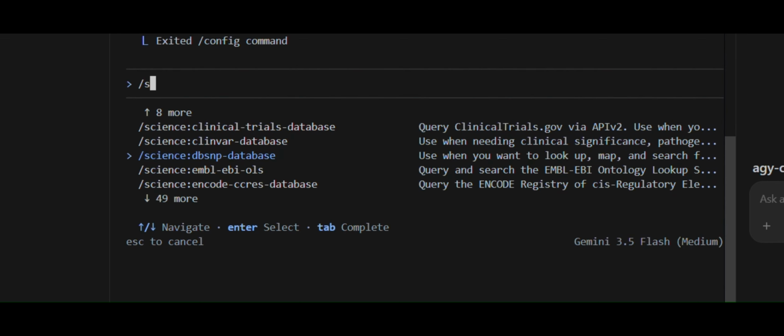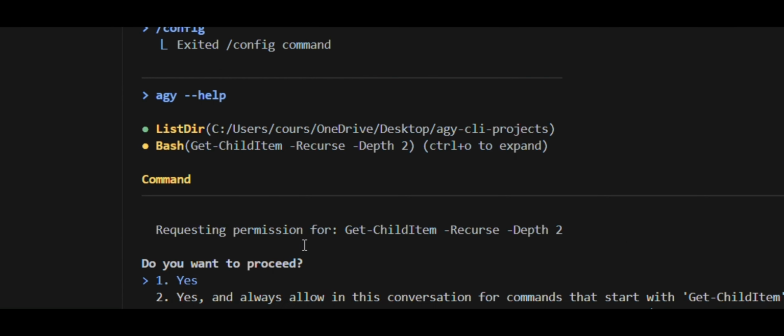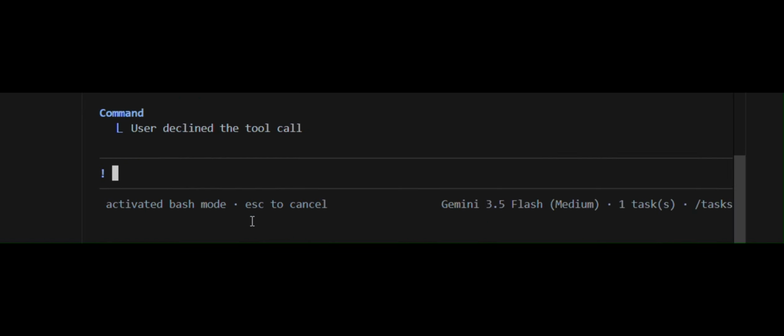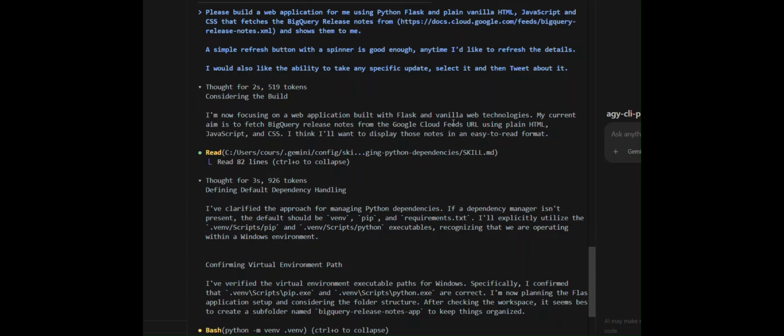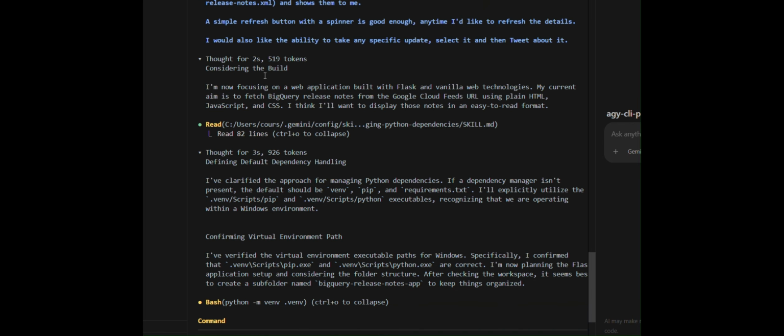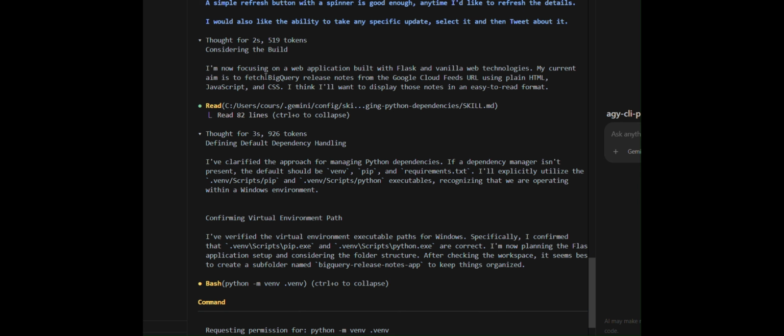So this is the command prompt typed in the Anti-Gravity terminal, and it consumed some tokens and was able to create the web application on the localhost, and we could visualize the application on the localhost. Also, we could upload the application to GitHub. And after that, for the second part of the code lab,